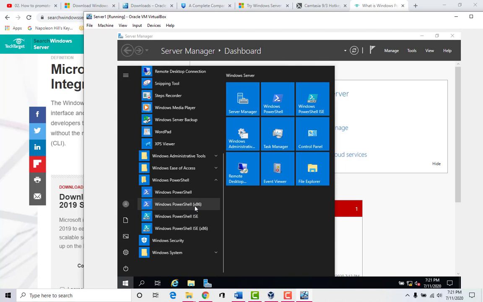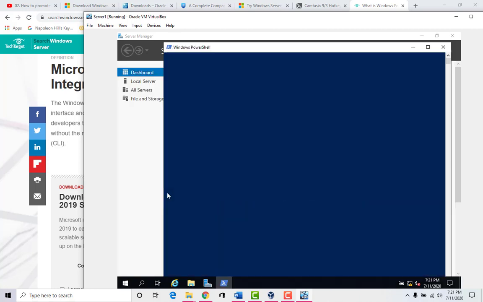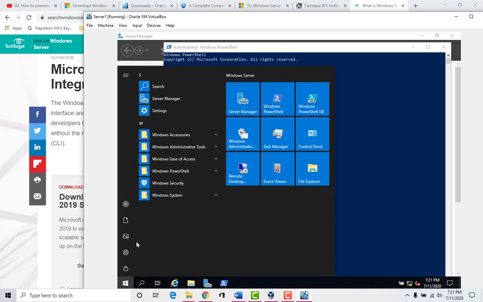The x86 is a 32-bit environment. The ones that don't have the x86 are 64-bit environment. Some of these tools, powerful commands, only run on 64-bit environments, but let's open it up. This is kind of like your command prompt, basically. I'll open that one up, and I'll open the other one so you can see what the differences are.